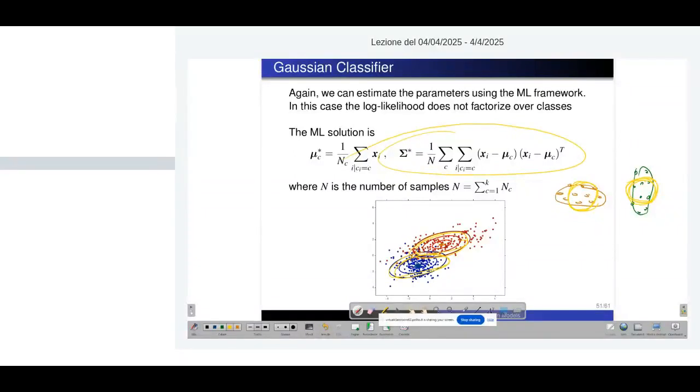Is this good or not? Well, it depends. For an example like this, it will work well because in any case, the classes are well separated. So even if I don't get a good estimate of these outlier positions, I still am able to separate the classes. If I have a problem where, for example, I have two classes like this,